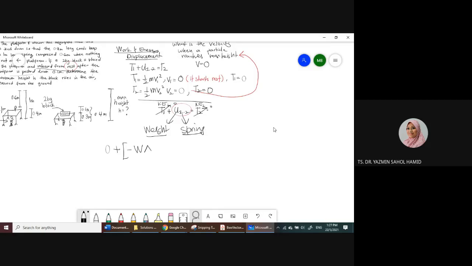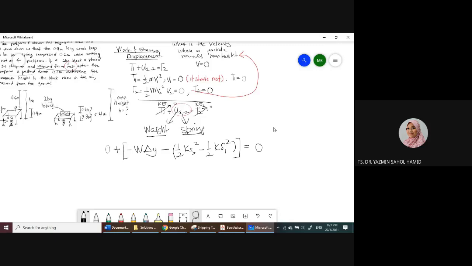Negative W delta Y. Okay, that is the formula for work due to weight. And then let's write down the formula for spring. Negative 1 over 2 k s2 squared minus 1 over 2 k s1 squared, equals to 0. Now, can you tell me, guys, before we know whether the answer is positive or negative,